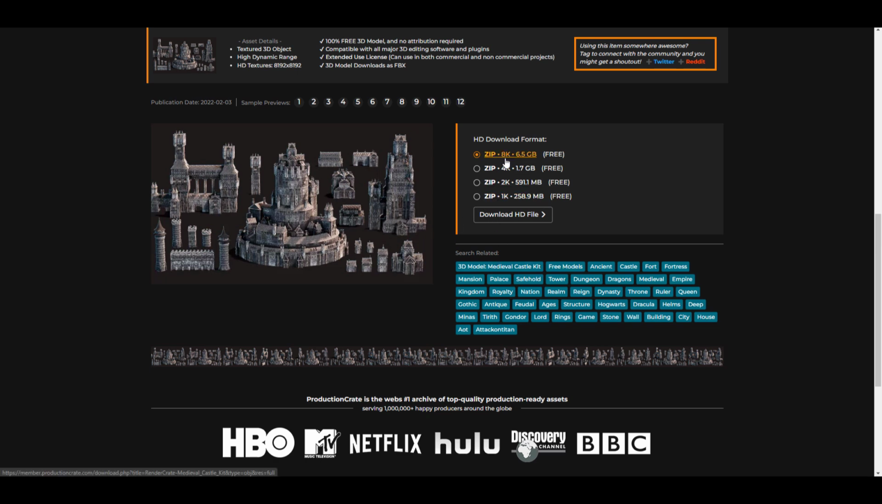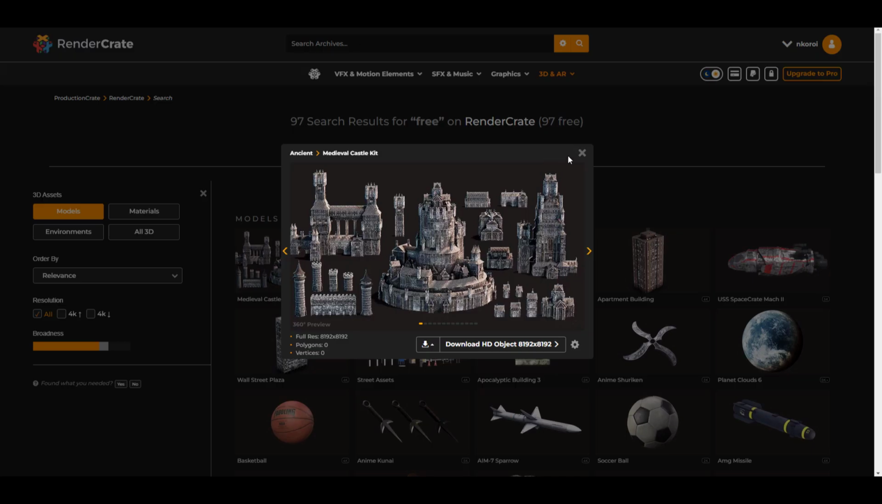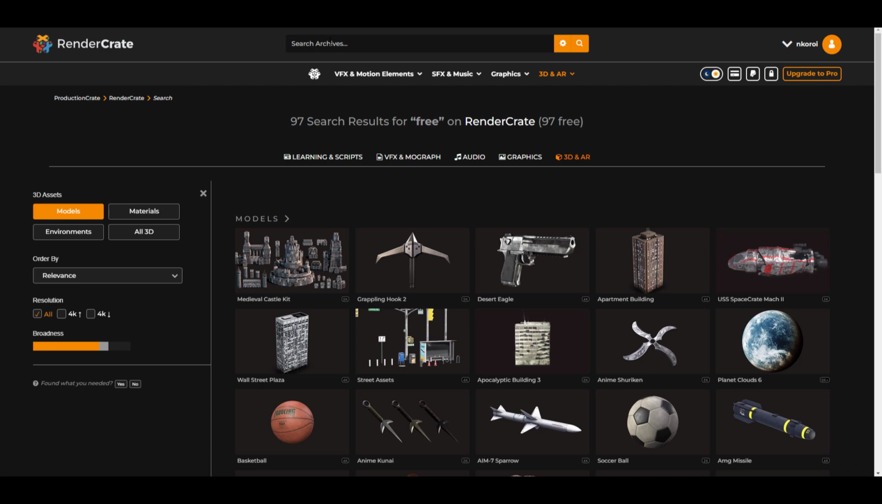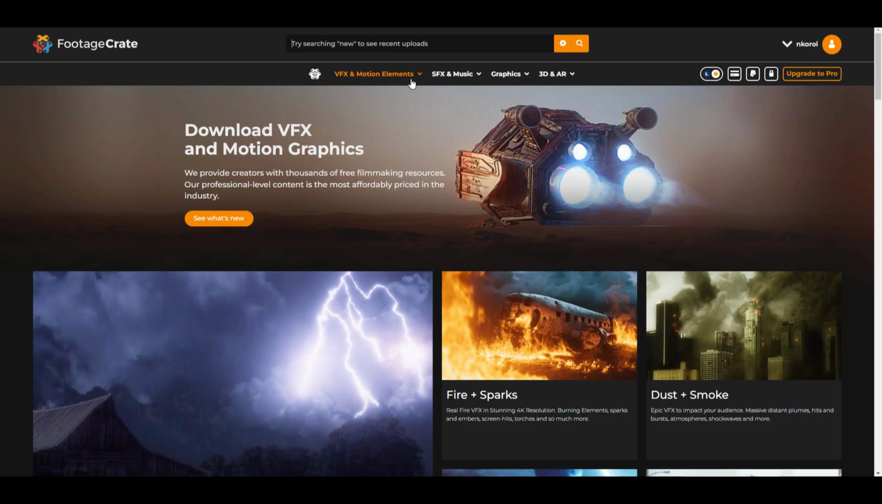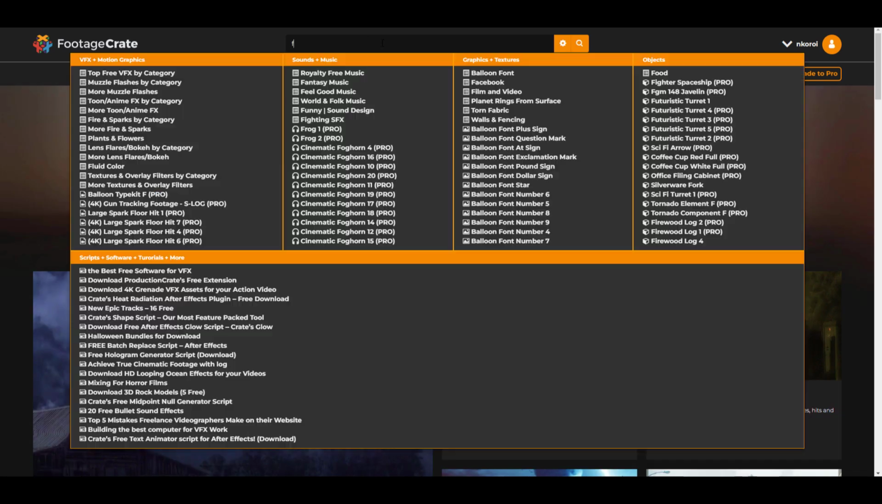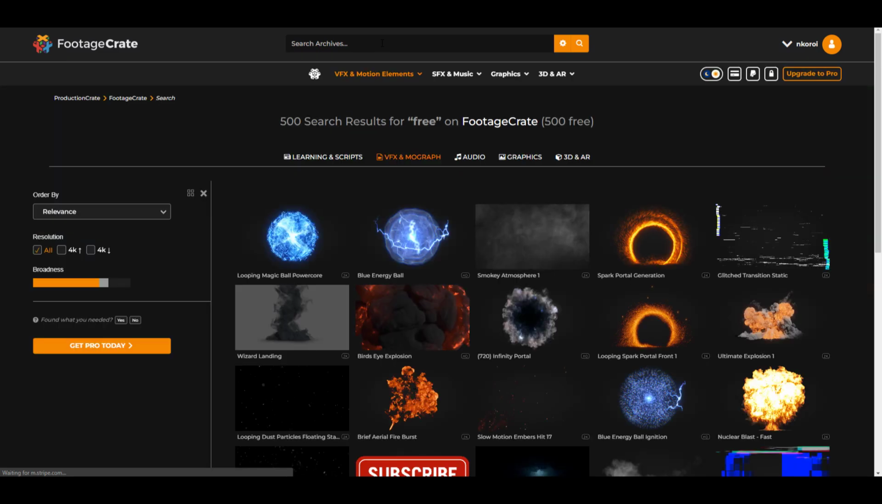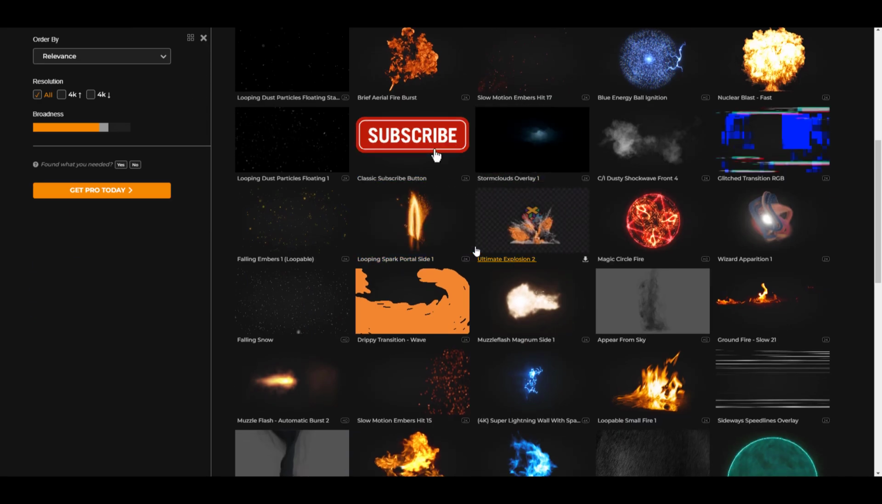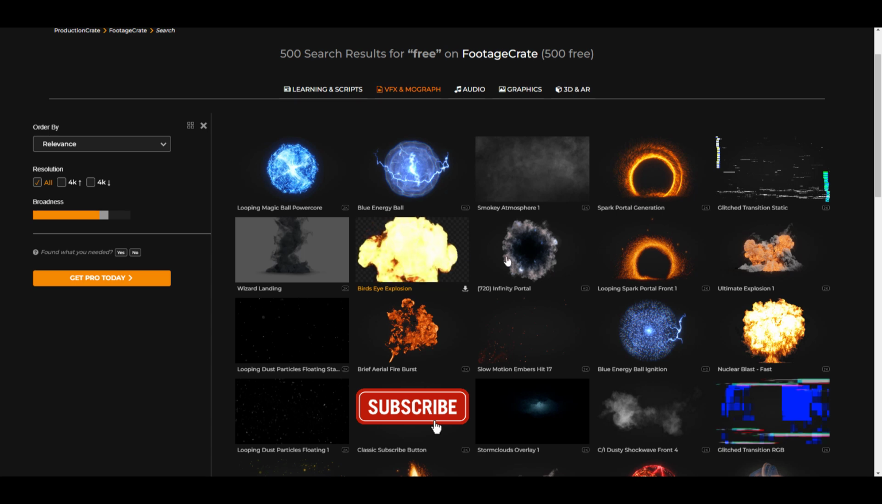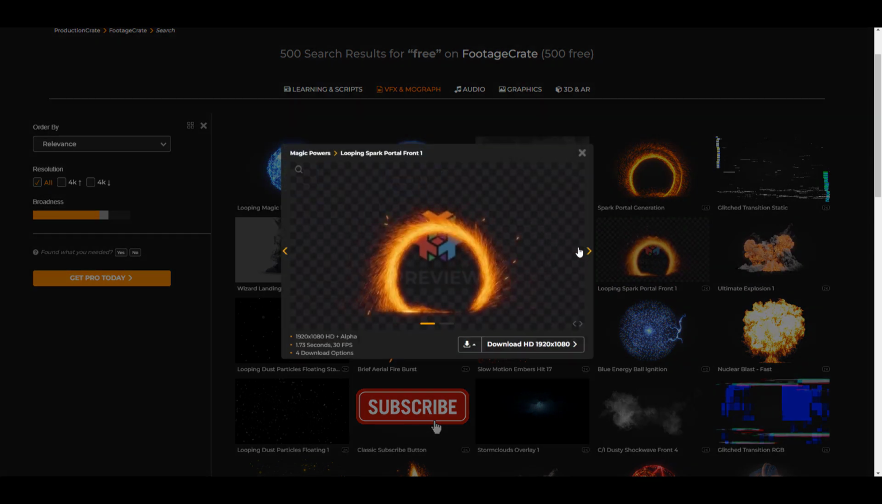So if you want to get the 8K file, the 1K file, 2K, 4K, you can hit this button to get it. But regardless of this, you would also be able to find lots of other things here. So if I go over to the motion and VFX elements, I can choose to search for free things. So I can type in the word free right there, press the enter button, and you'd also notice that we have lots and lots of free stuff like so, which you can essentially go in and pick up and start